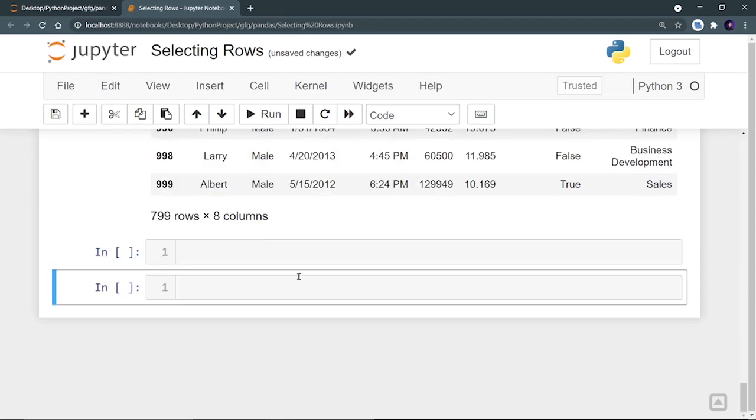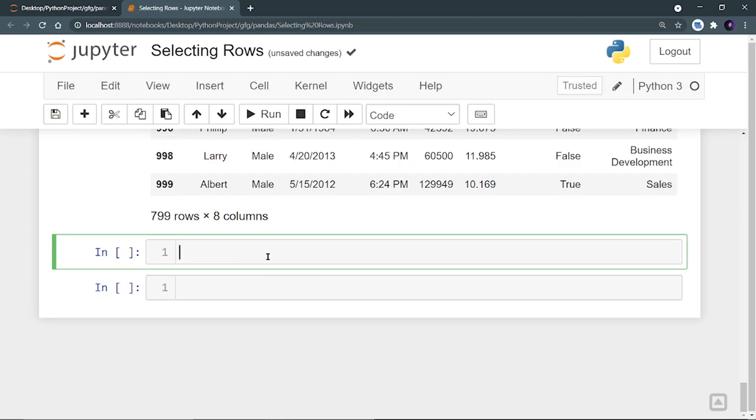Now we are going to use the last method of selecting the rows based upon some conditions. In the last method, let's say I want to put two conditions, and for those two conditions we are going to use the AND operator. Let's say my first condition is that the employee should be a male, and my second condition is that he should belong to the sales team, right? And how can we write these two conditions?